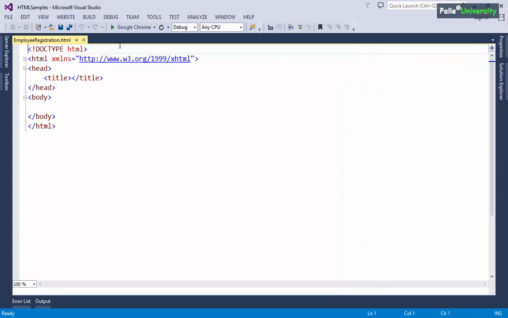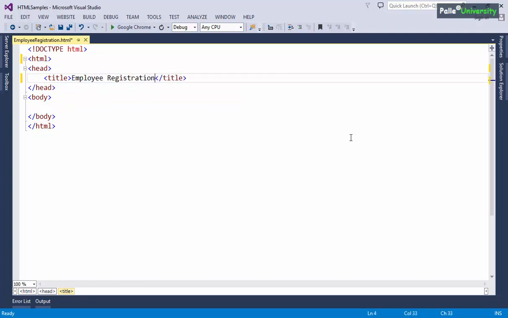So once I create employee registration.html file, it appears something like this. If you are not familiar with XMLNS, or if you don't know what is that XMLNS, and if you don't want to see that, I recommend you to delete it. And even if you want, you can delete this doc type also, no issues. So first let me give the title for my web page. I'll call it as employee registration,